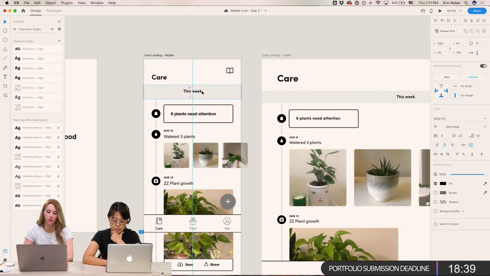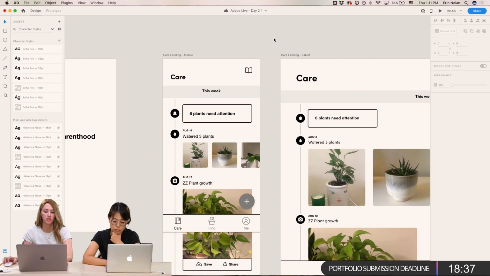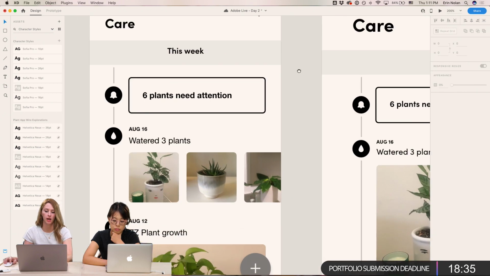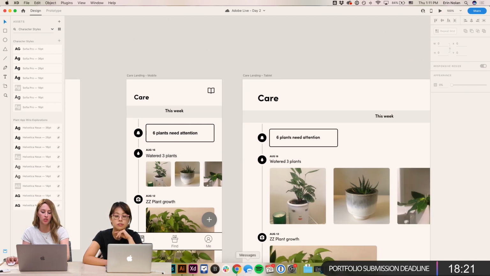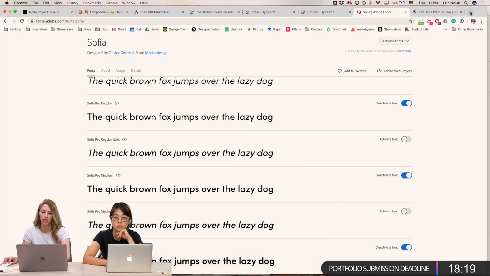I don't know that there would be a portfolio-specific typeface because it kind of just depends. I would say it depends on your personality, right? For sure. It depends on the type of person you are at a party that you want to portray as a professional. You might have a quirky personality. A great example of that actually is